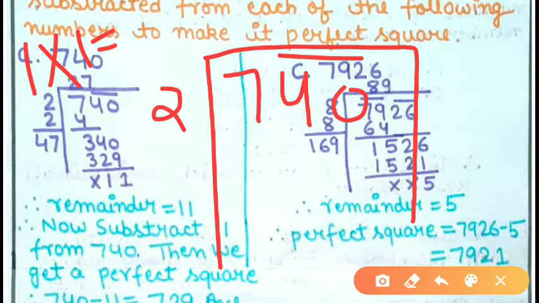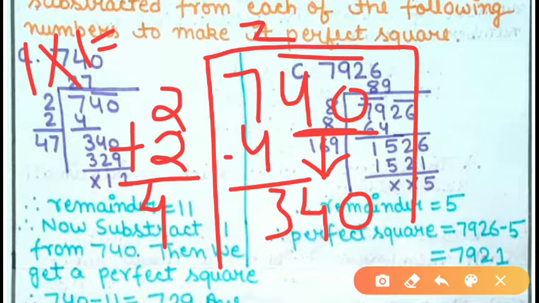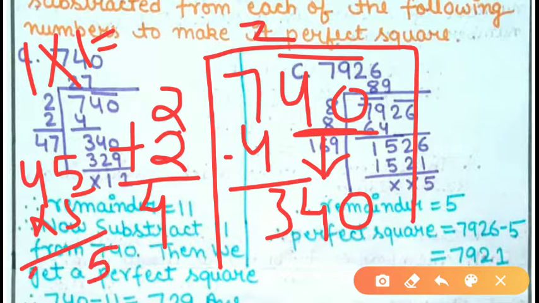So write here 2, write here 2, 2 2s are 4. Now again you write this 2 here and just add them, you will get 4. Now when you subtract this, you will get 3. 3 is a small number, so bring down this pair also, 340. Now write a number after the 4 and multiply with the same number to get a number equal to 340 or less than 340. Suppose after the 4 you write 5 and multiply with the same number 5, you will get 225.